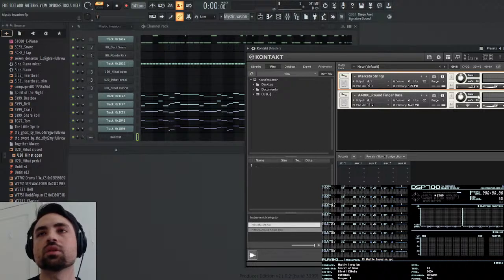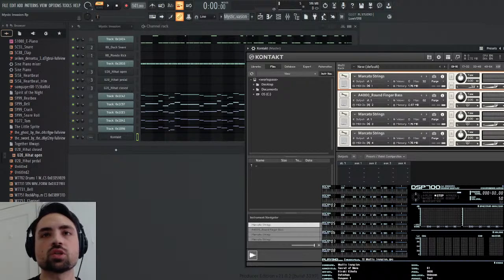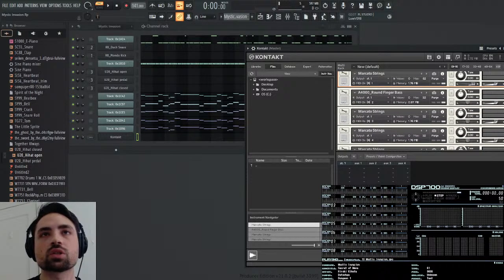Basically 60. So we can keep dragging our marcato strings in there. How many of these are there? 4. So there's 4 layers of strings. Let me just drag 3 more marcato strings. And so now the panning for the next one is 58% left. Whoops, that's the bass. I don't want that. 58% to the left. Basically 60. And the next one is going to be 30% left, and the last one's going to be 30% right.